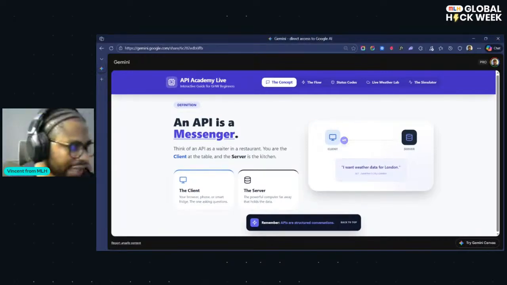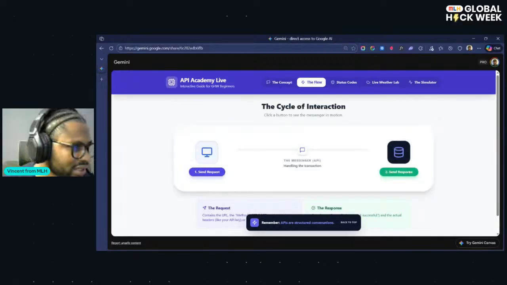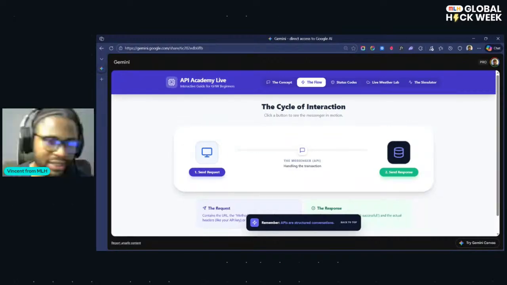So the UI you have on the screen right here demonstrates that a little bit, where you have a client and you have an API, and it sends a message to the server. So like, I want weather data for London. It makes a GET request and it will return that from the server back to you, which is the client. So let's take a look at the flow. So you click, just go ahead and click on send request. It's just a flow. Something goes into the server and then something goes back to the person that requested it, which is basically what API does. So it's just a middleman.